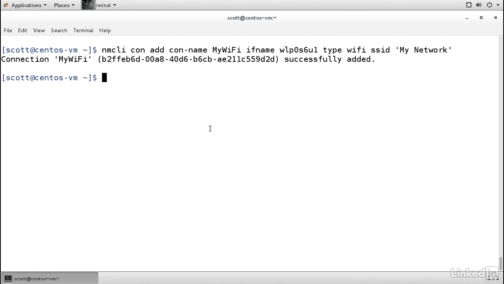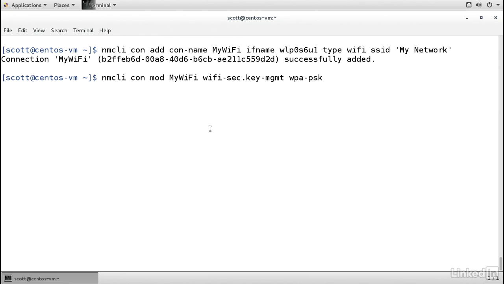All right, the connection's been created, but we need to let Network Manager know the password. To do that, we could either jump into the interactive editing mode and set two values, or set them right here from the command line. I'll write nmcli con mod to modify the connection, and then my-wifi, the name of the connection that I want to modify. Then I'll use the wifi-sec object and set the key management, or key-mgmt, property to wpa-psk,